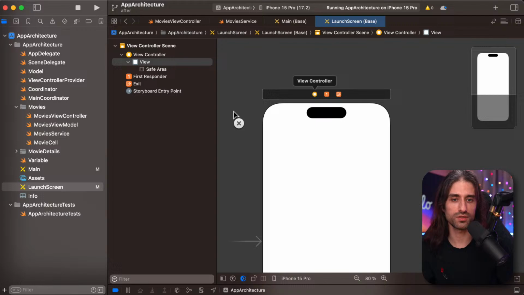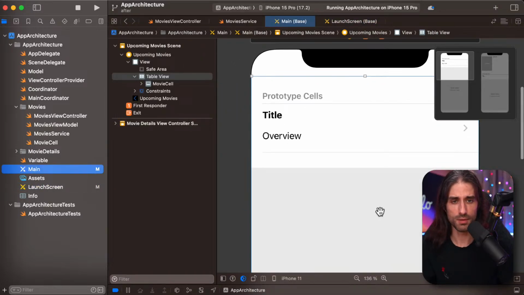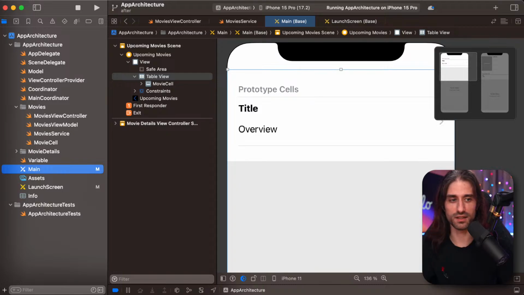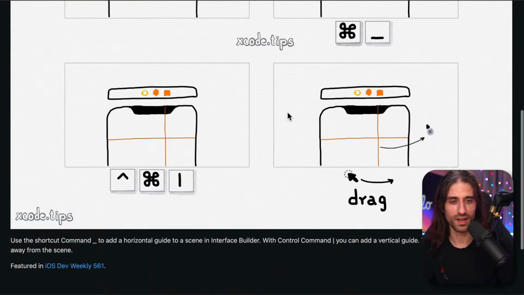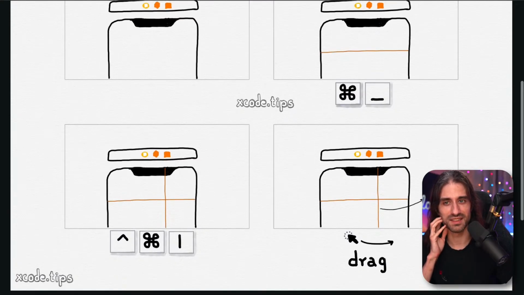And then to remove it, you just drag it. Okay, so good one. I'm not sure I would ever need to use it because I've never needed to use it before, to be honest. But it's good to know that you have this feature, as in software like Photoshop, or I think even in Keynote you might be able to do it. I had no idea you could do it also in Interface Builder, but that's a good one to know. I didn't expect to learn this this evening, but that's a nice one to know.